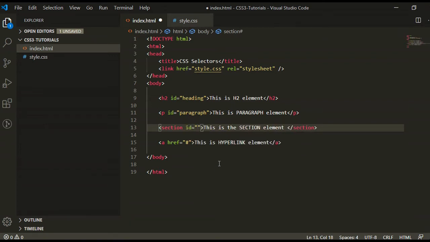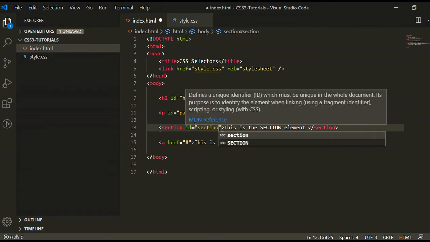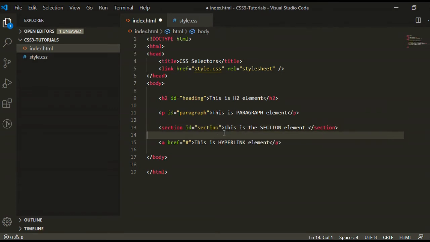ID, it's a section. In the ID you can give any unique name. For the ID you have to remember one thing: when you are giving one ID to one element, then you cannot repeat this ID name with other elements.